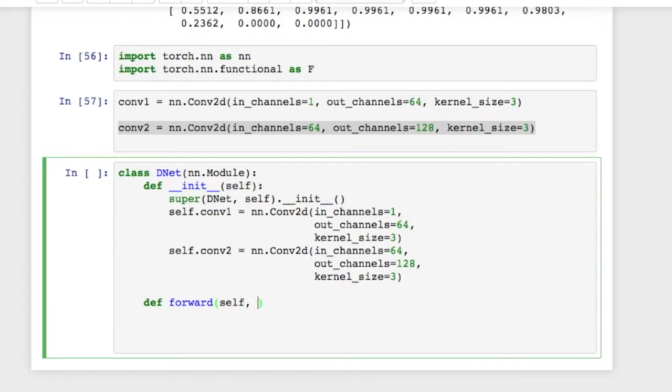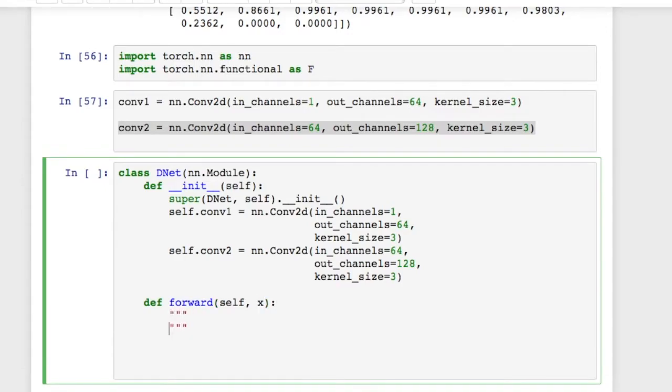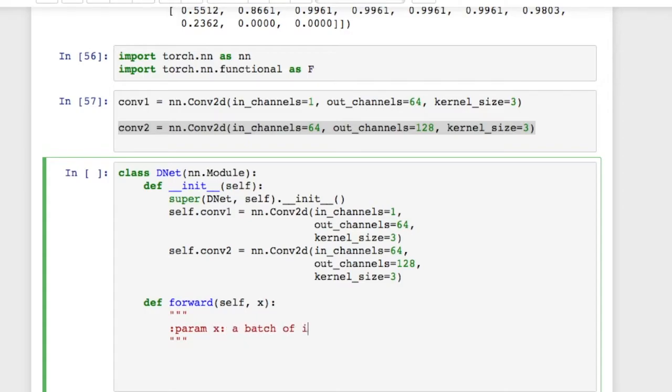And the processing step happens in the forward path. It accepts an X, and I would write some comments here to suggest X is a batch of images. So how to process X? Let's say self.conv1 X, and